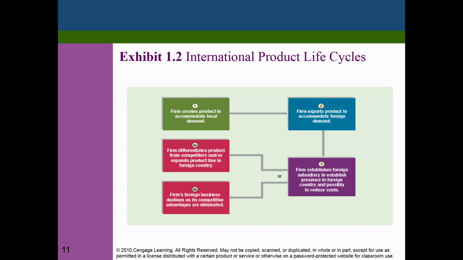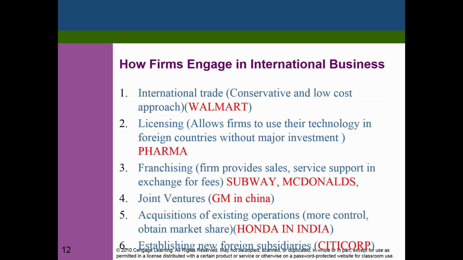Now, this is especially true in the case of manufacturing, such as car companies or any other devices. And if you look at Dell, Dell exports a lot of computers to China, India, and so on. And over time, you have operations like Dell India, Dell China, and so on. So that is an example of the product life cycle. Now, what we find here is that in the case of the product life cycle, initially the firm does well. The firm is able to differentiate their product from competitors. But over time, as we have a larger presence in a foreign country, it becomes more and more difficult to differentiate your product, and that competitive advantage will be eliminated over time.